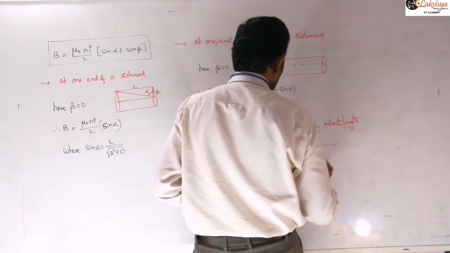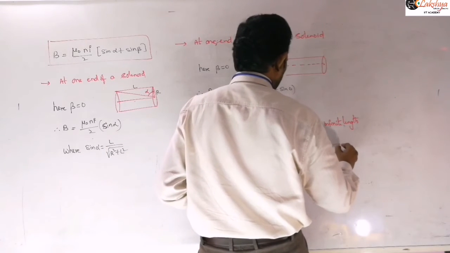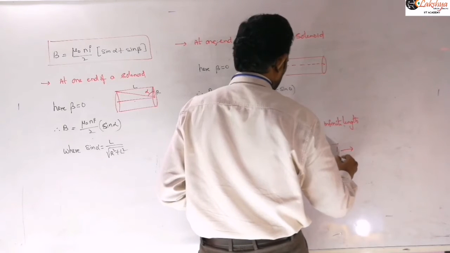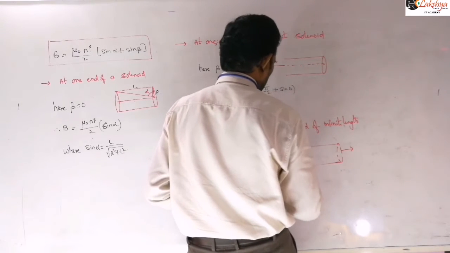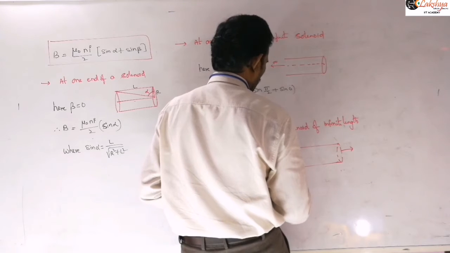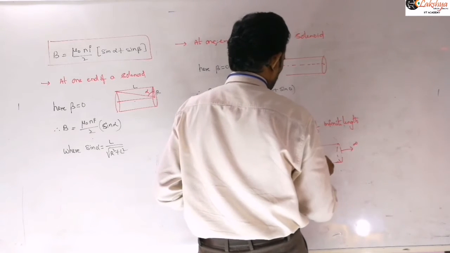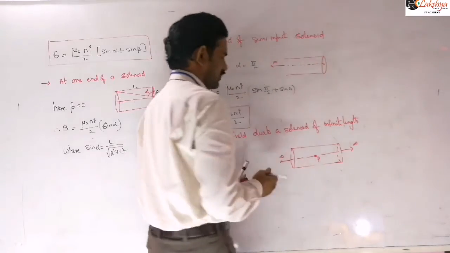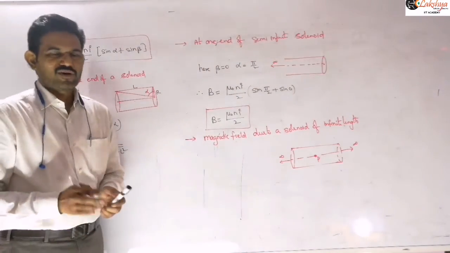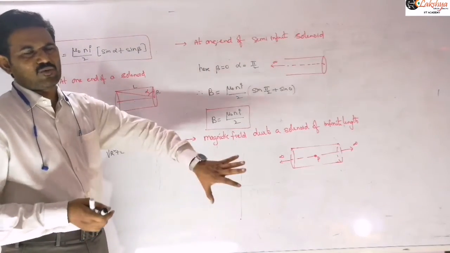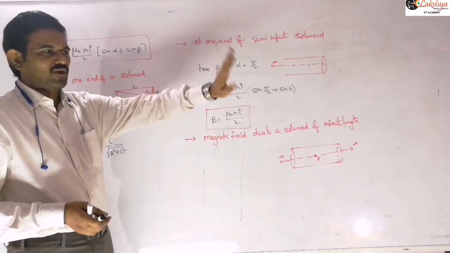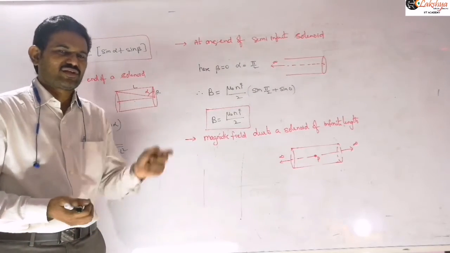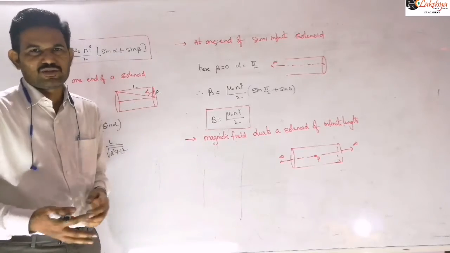So for an infinite solenoid, we are defining the field well inside. That means this end tends to infinite. Just to represent it as the solenoid ends, I am representing it like this. This end tends to infinite here. So now we are calculating the magnetic field well inside, that means at a point P. It need not be the midpoint of the solenoid. It is some internal point. That means from that point, that side tends to infinity, and this side also tends to infinity. That is the meaning there.